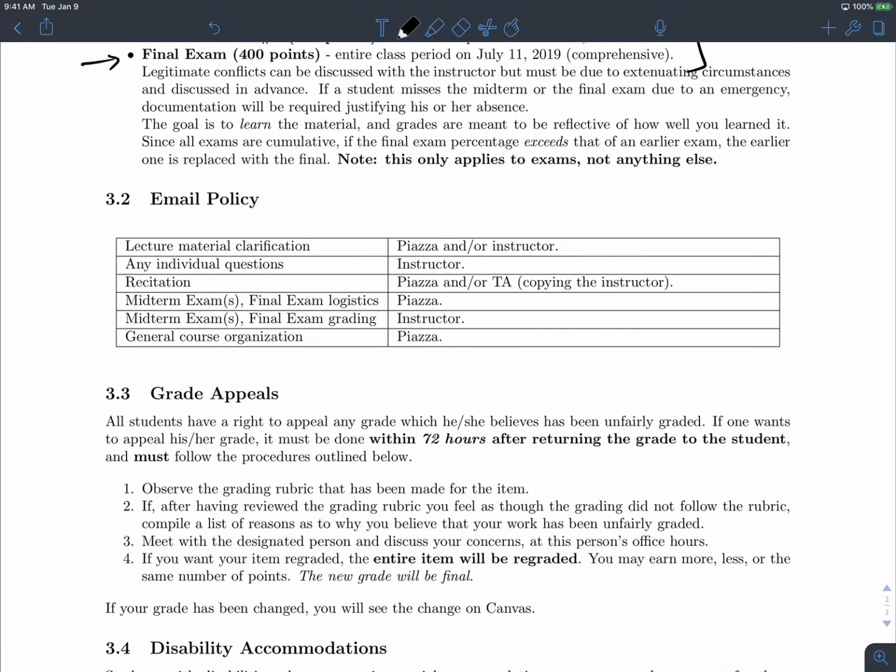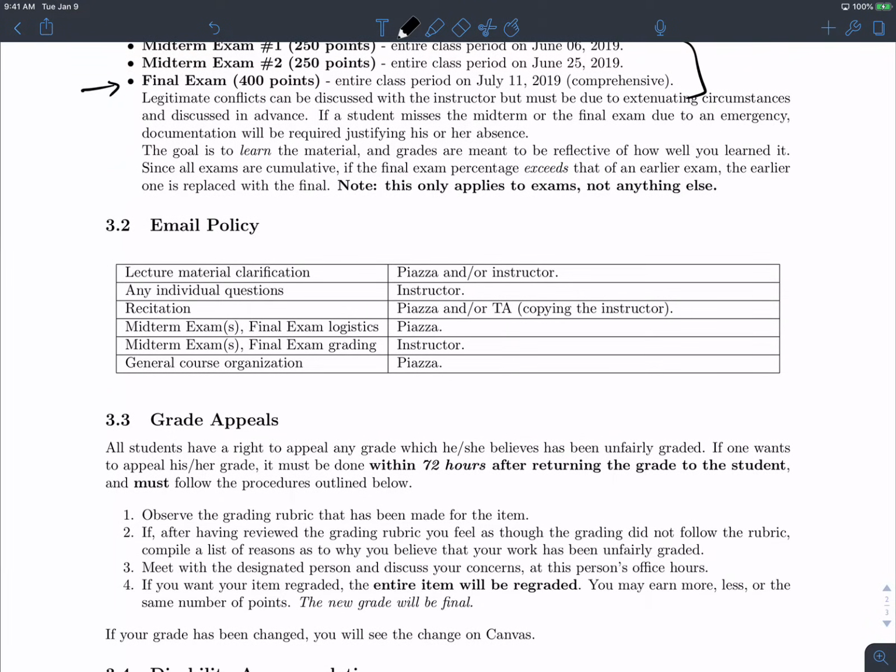Okay, so some email policy. I always say that if you don't follow this, I don't answer, but then I answer them anyway. So this is basically go to Piazza if it's not an individual question. If you have a general question, like you didn't understand something, just go to Piazza. The TA or I or one of your fellow classmates will answer it, and then we'll all benefit from that. If you have individual questions, obviously come to me or the TA, whoever is more relevant for the situation.